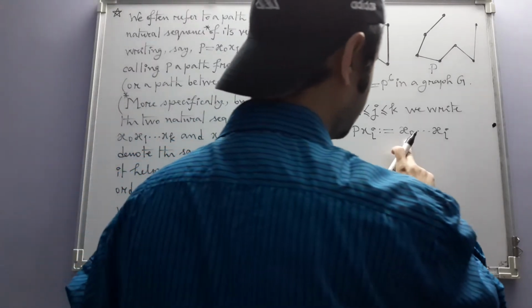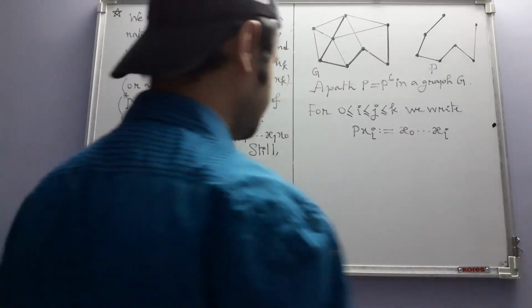Okay, that is the path joining x0 and xi. Like that,